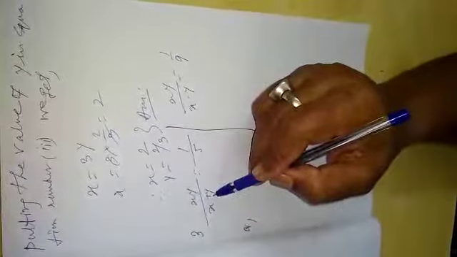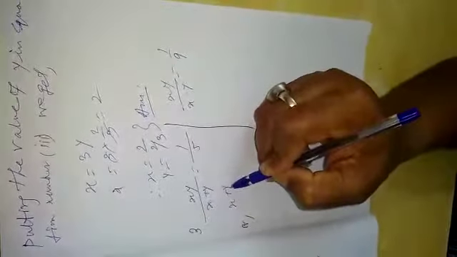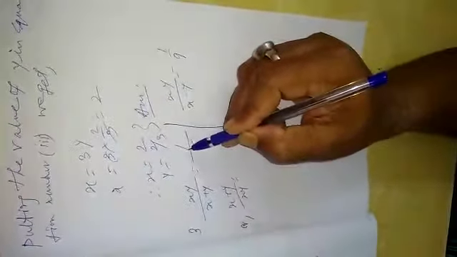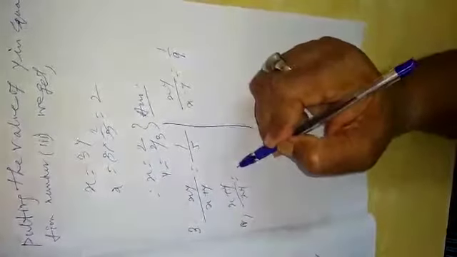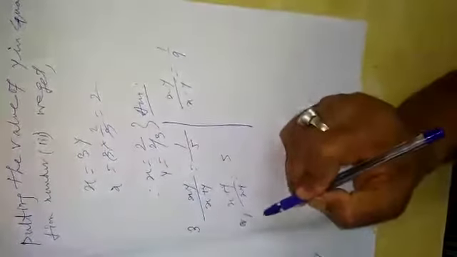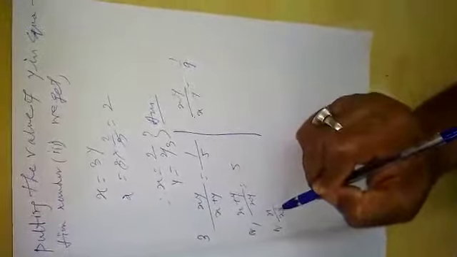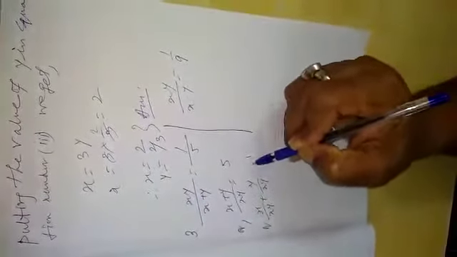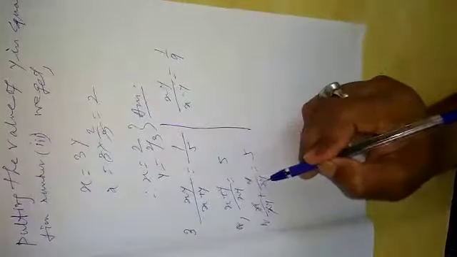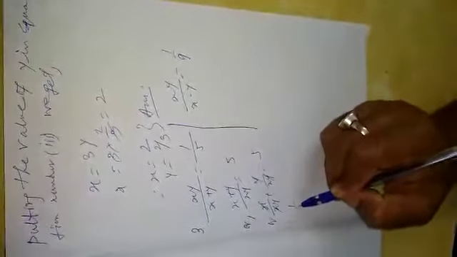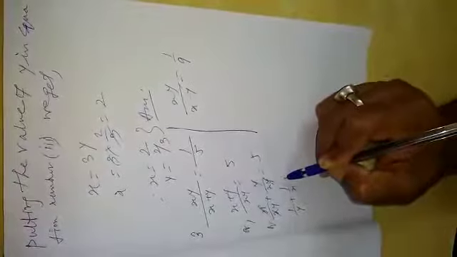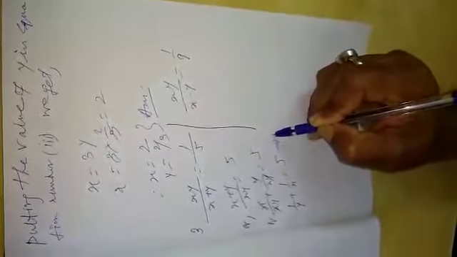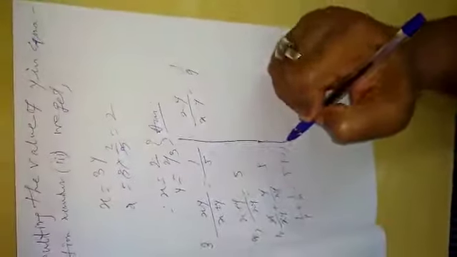xy by x plus y, inverse of x plus y by xy is equal to inverse of 1 by 5, that is 5 by 1. So here x by xy, splitting this form, y by xy, you can write. So x cut it here, and y, that is 1 by y plus 1 by x equal to 5, equation number 1.